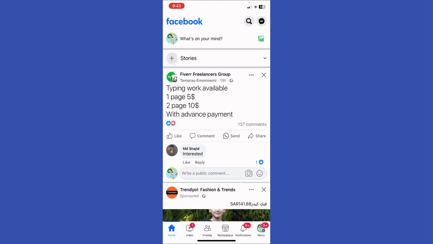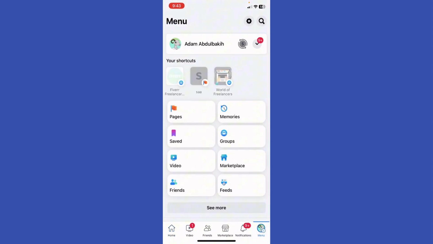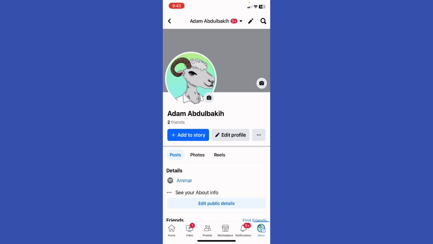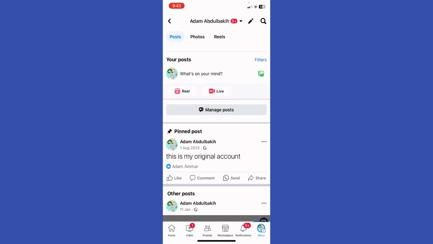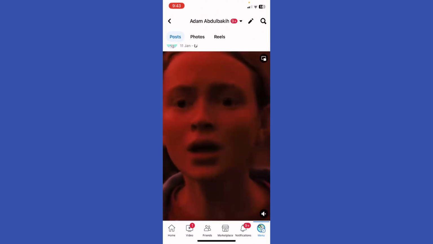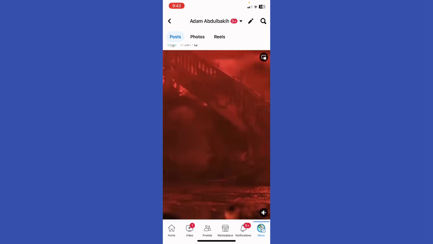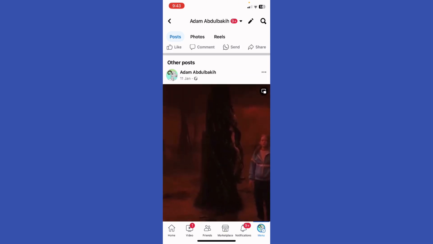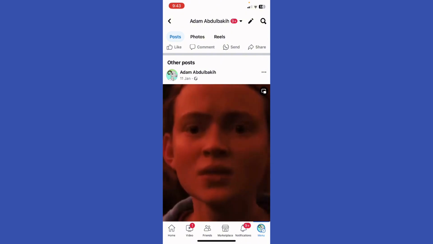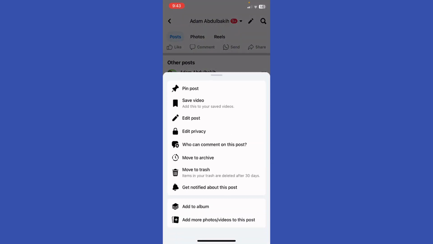Now I'm going to open up Facebook and click on my menu at the bottom right corner, and then click on your profile to see your personal profile. And here you're going to be able to see the reel that I posted on my Facebook, right? And if I wanted to edit it, you're going to see right here, edit post,